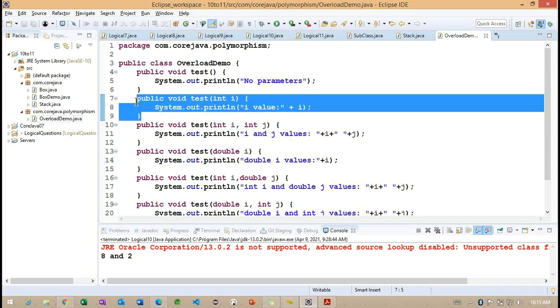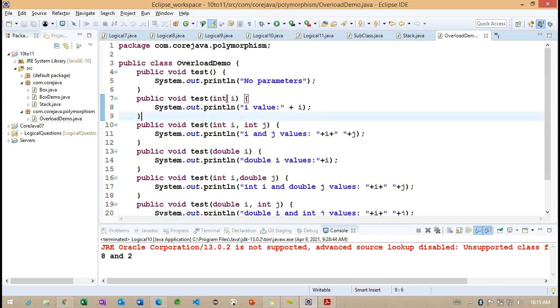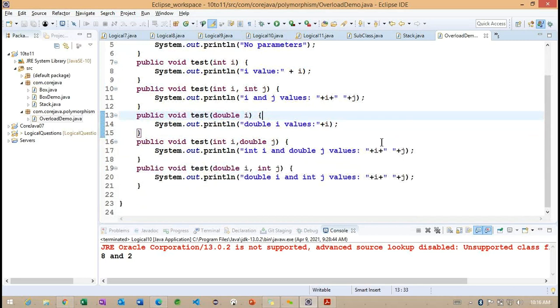Even though it is a single parameterized method, we define one more single parameter method. The only difference is that this particular test method is expecting int data type, and this one is expecting double data type here. So these are about the int and double data types.